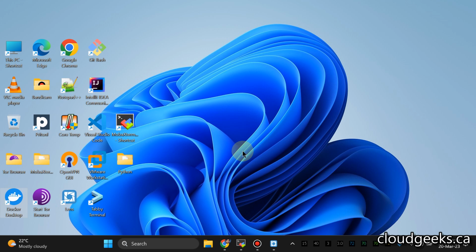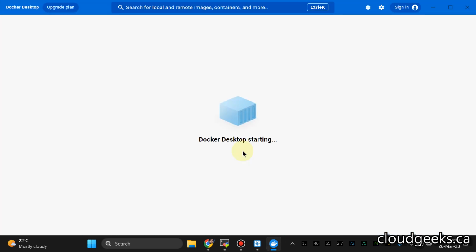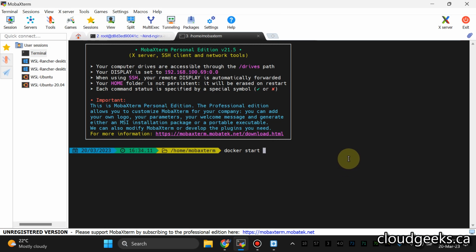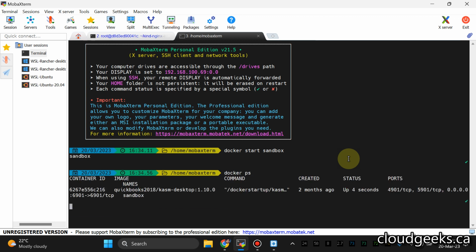The advantage of using Kasm desktop is that you will get the browser inside your containers. So the testing is going to be really easy, as we will be able to see our website inside the container in an encrypted way, and the host machine is not going to be disturbed regarding the etc hosts settings. So let me show you what I mean by that. Docker start sandbox. This is the container I've created with all the packages. If I do docker ps, you'll see that this container is spun up. If I do docker exec into this sandbox,